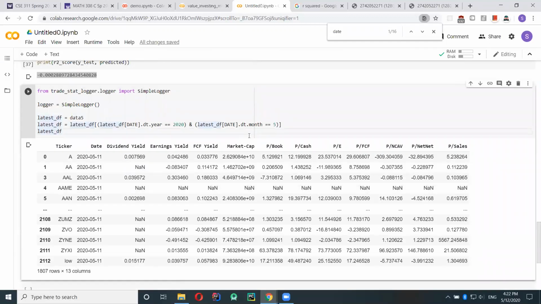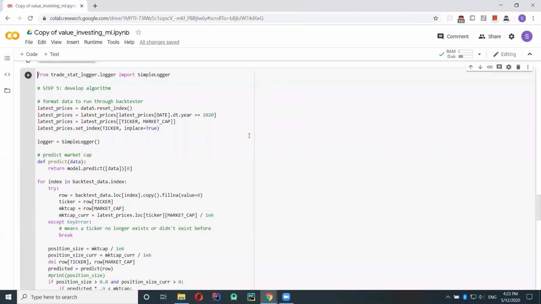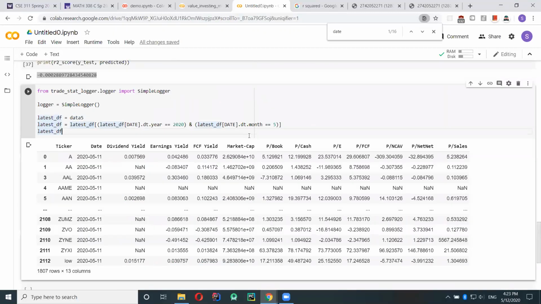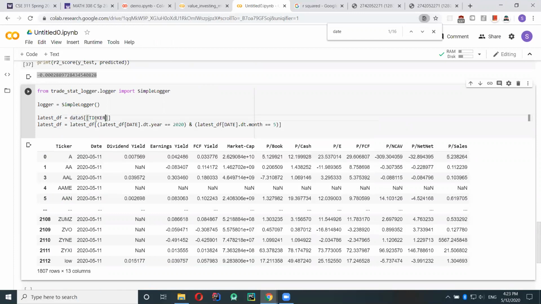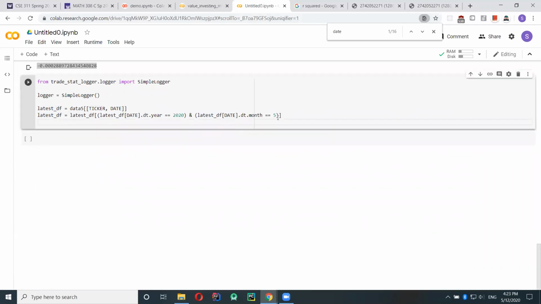Okay, so get the list. There's a ticker. Oh yeah, there are only a few columns that we want. Ticker. Okay, now this is kind of okay.